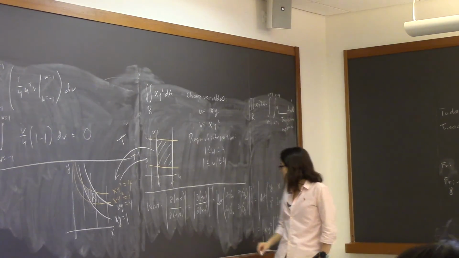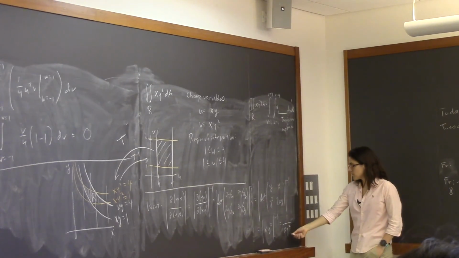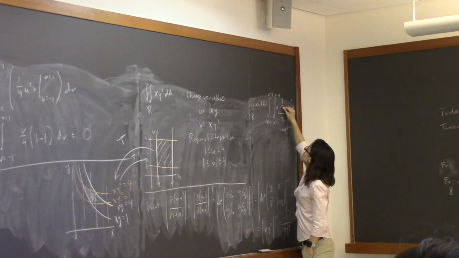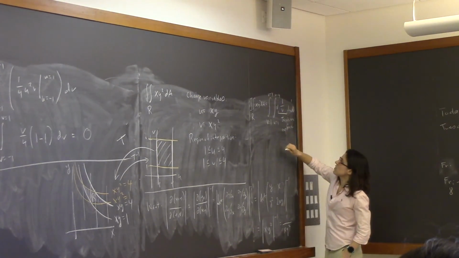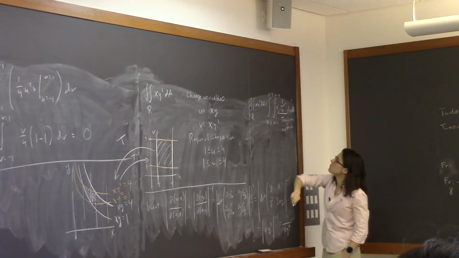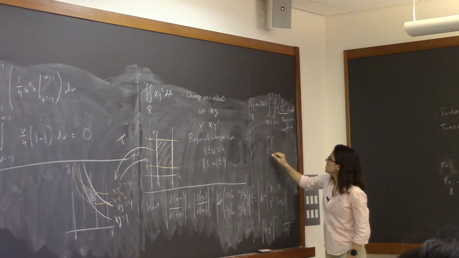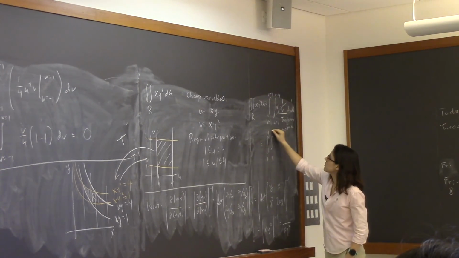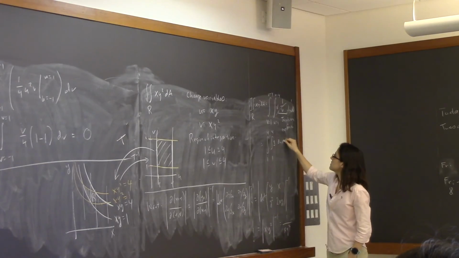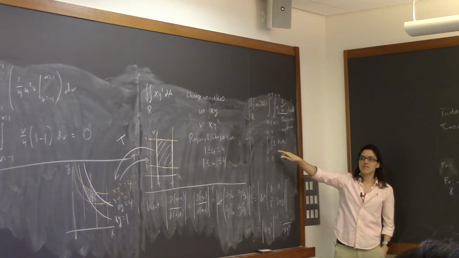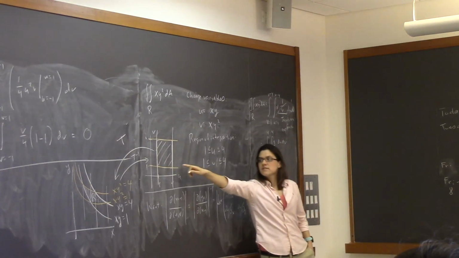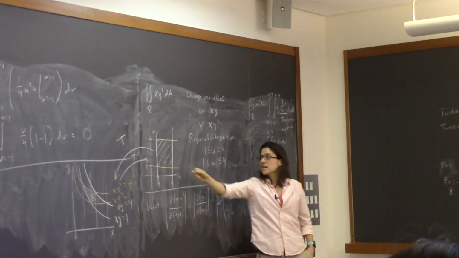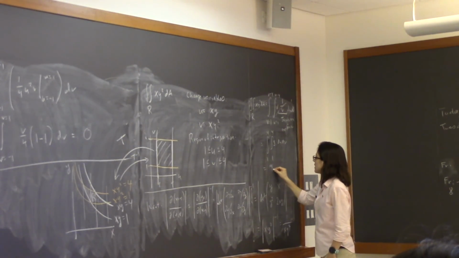OK, so this turns out to be 1 over xy squared, which is 1 over v. So just to have a triumphant conclusion, v times 1 over v is 1. So we get the integral from 1 to 4 of the integral from 1 to 4 of 1 du dv, which is just the area of this box. The area of this box is 9, exactly. So it just comes out to 9.